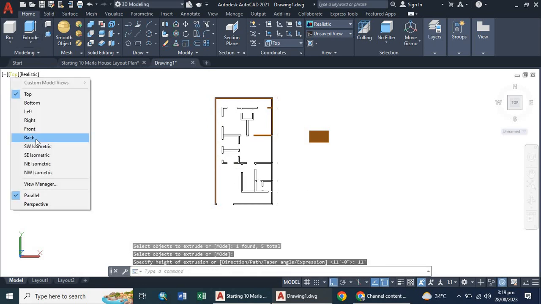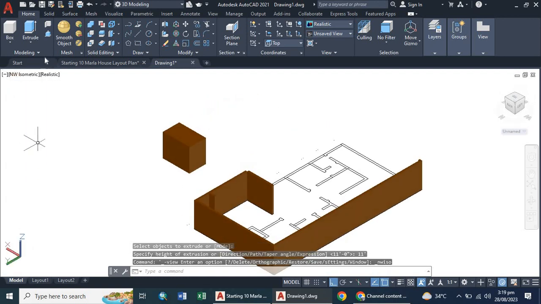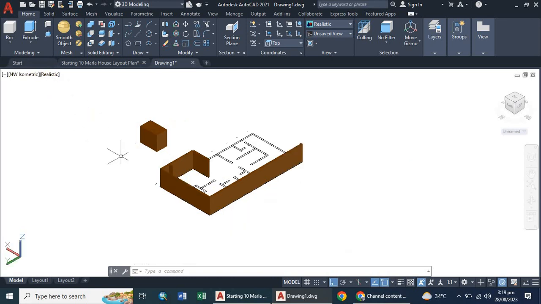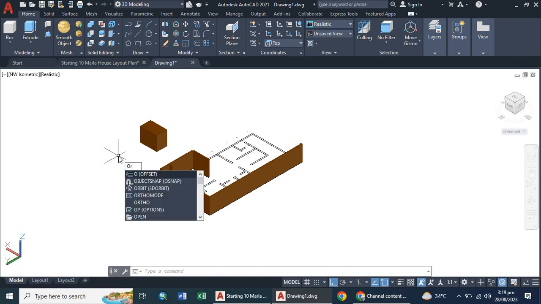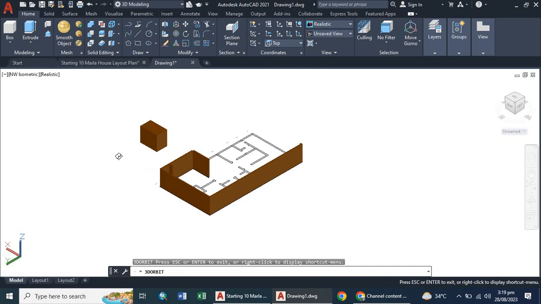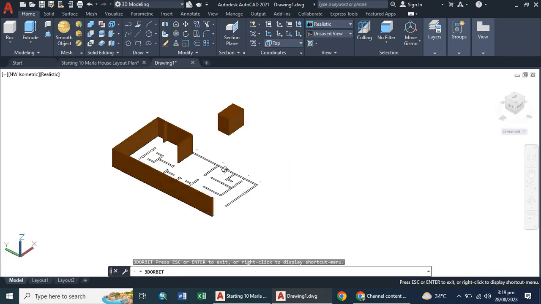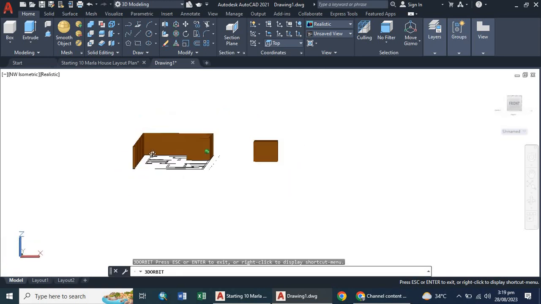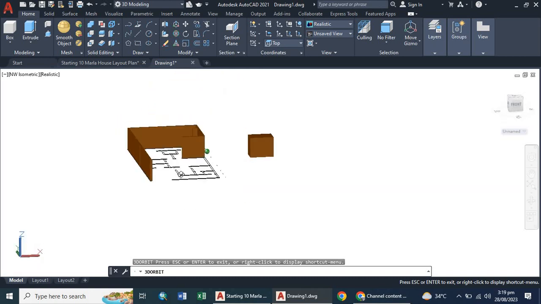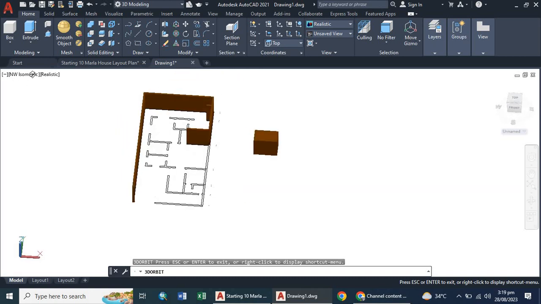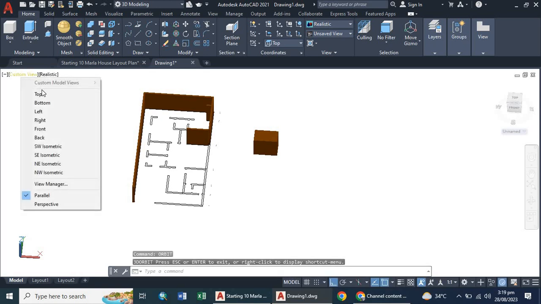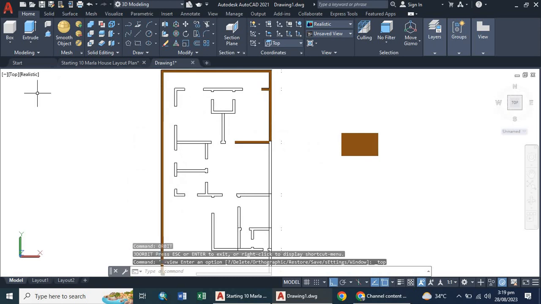Now if you go back to another view, for example northwest, I'm going to northwest, and I'm using this realistic one. If you don't want these kinds of views and want to move it where you want it to be, use the orbit command, as I have already explained in 2D. Use the orbit command to move: click your left mouse button, drag it and move it anywhere you want. But in that case, I'm going to press escape. As you can see, this is actually our custom view. Now I'm going to top view again,